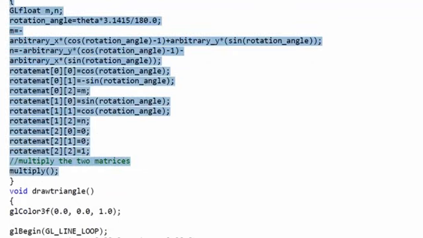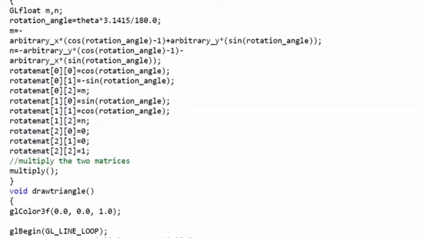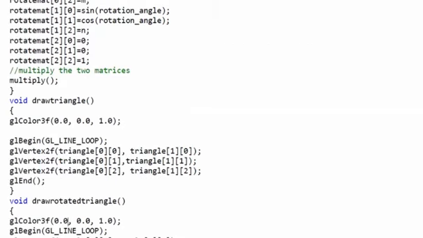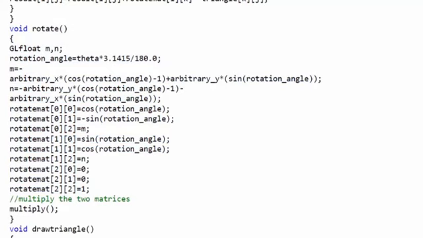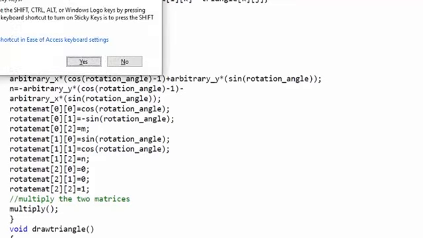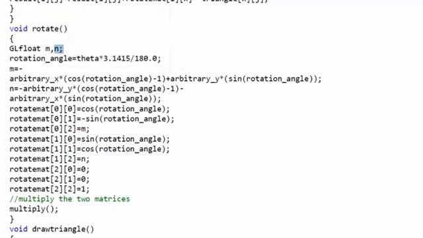Now here, we'll see the rotate triangle first. So here in rotate triangle, okay, first let's see what happens after we draw the triangle. So let us assume that we have drawn the triangle. To draw the diagram, we have already written the draw triangle function. But before that, we'll just analyze this.